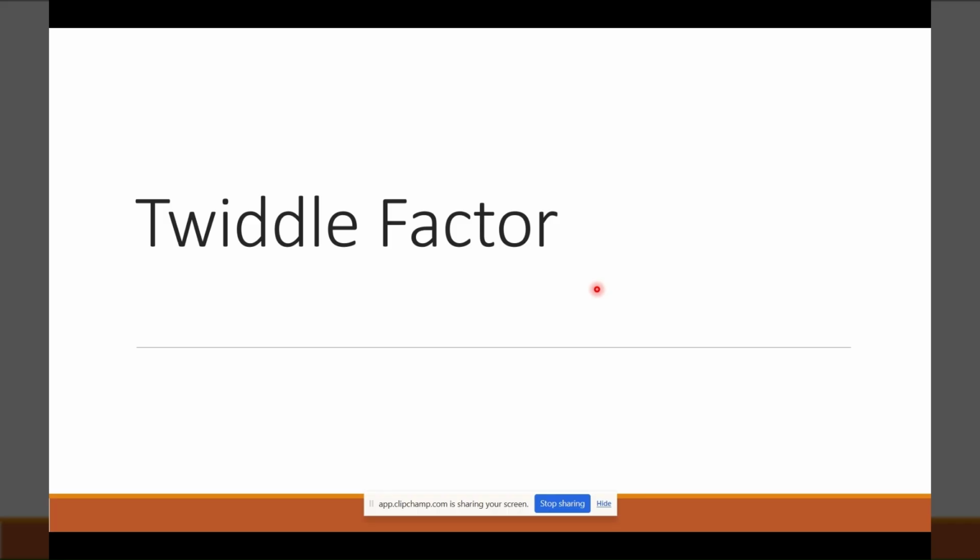In this video lecture, we will especially see what a twiddle factor is. In the previous video we saw the discrete Fourier transform and its basics, and how it is used in signal processing to identify the frequency domain, that is, the magnitude and phase of a system. So what is the twiddle factor?